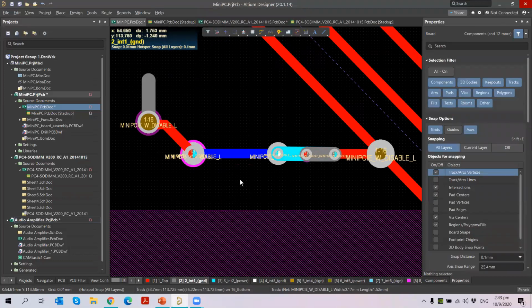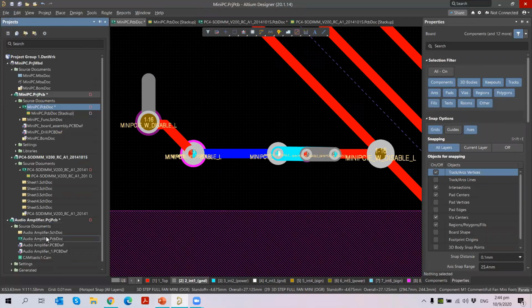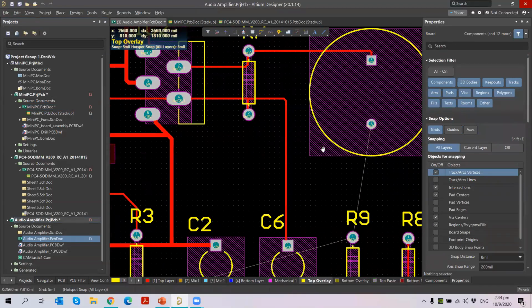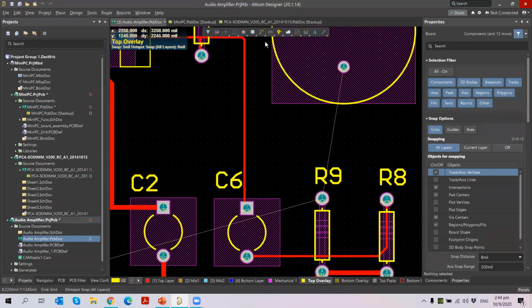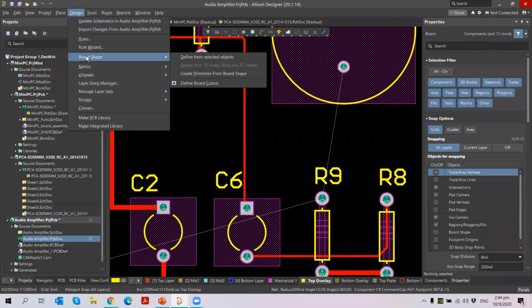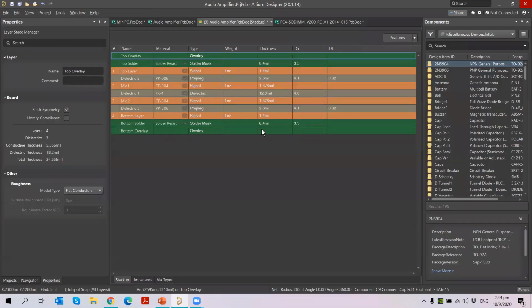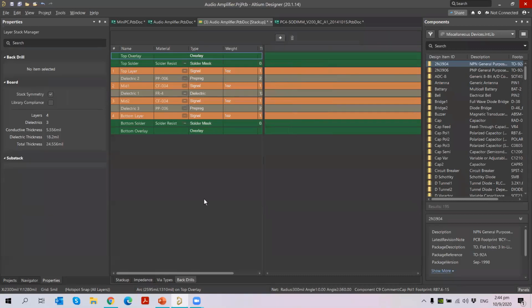So next one, we are going to see about your back drilling. So I just opened one of the examples. I'm going to apply the back drilling for this. So go to design, layer stack manager. Okay, so I have a 4-layer board. I'm going to add in back drilling. So go to the features, add back drill. So in this, if I want to add the back drilling, you have to do it in your layer stack manager first. So I just add my back drill.